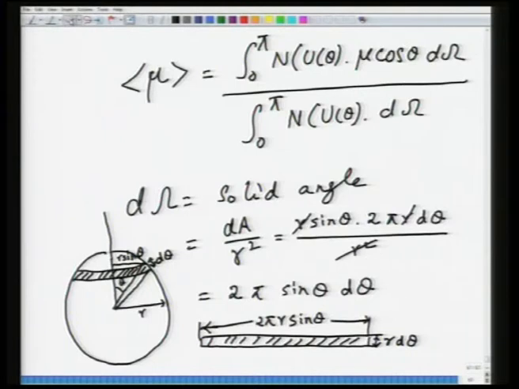I'll just modify this for the sake of clarity. This would be 2 pi r sin theta into r d theta divided by r square. So these cancel each other, and what you have is 2 pi sin theta d theta. So now you have got the magnitude of d omega. If you now put the value of d omega, what you get is